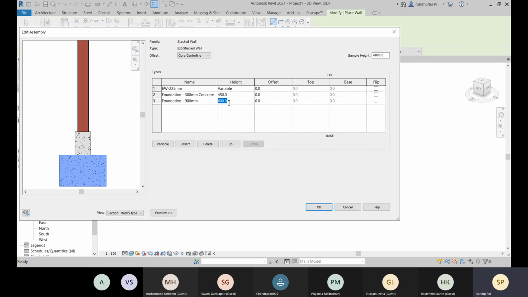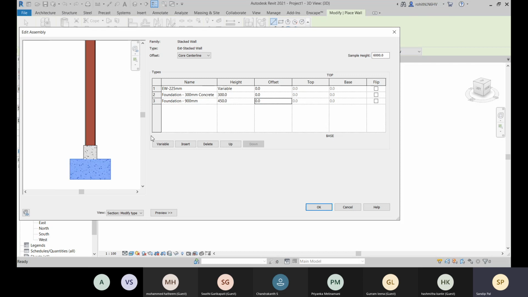Let's go with that, or if you want to change the height, we can define the height. Now here you see that the offset is from the core center line. Because the offset is 0, every wall is matching the core center line with each other. If you want to make any offset to the outside, you can give it, like for the foundation.